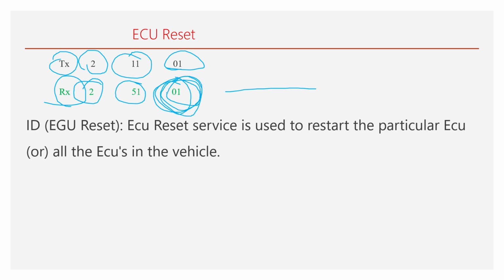Okay, same message. What request did you give? Adding plus 40 to the service ID, we get the same subfunction, and then it is a positive response. For example, you give 03, right? This is the DLC. Okay, 11 and 01 you give. See, this is your request. So whatever the ECU will